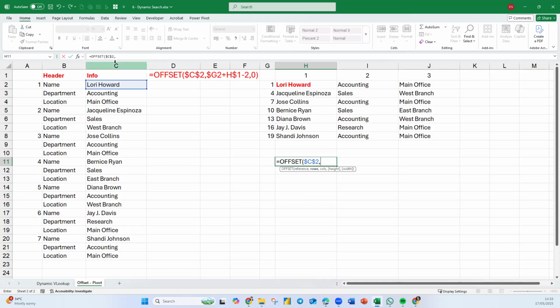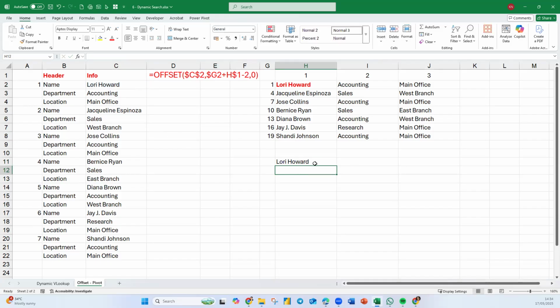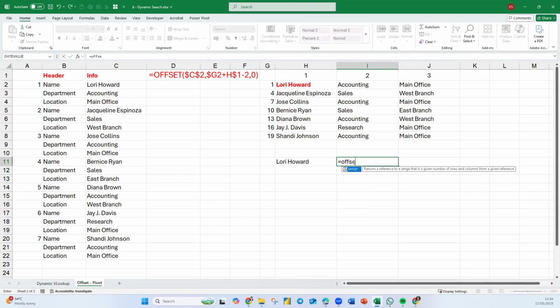How many rows from this C2? I want the word Laurie, so it should be 0 rows. Then how many columns? I want that to be in the same column, so I put 0, 0, and I get Laurie Howard. But when I move this to the right, I'm looking for accounting. Accounting is actually the second item. I want them to move down one step. Move down one step. Okay, so equals OFFSET,